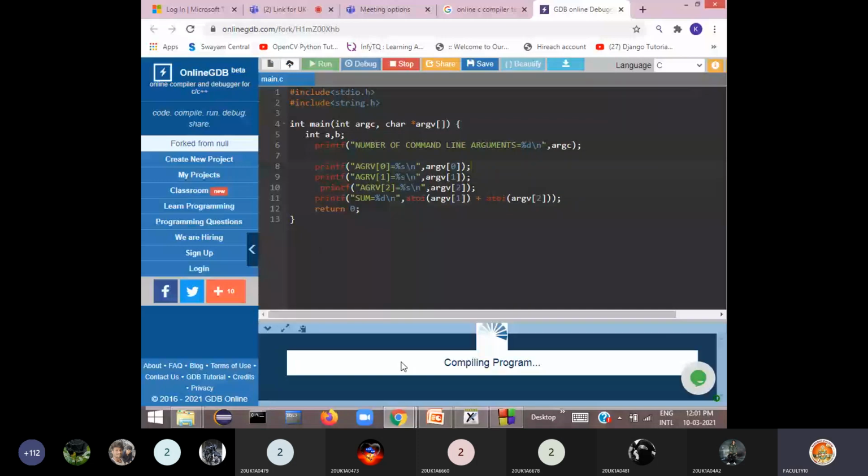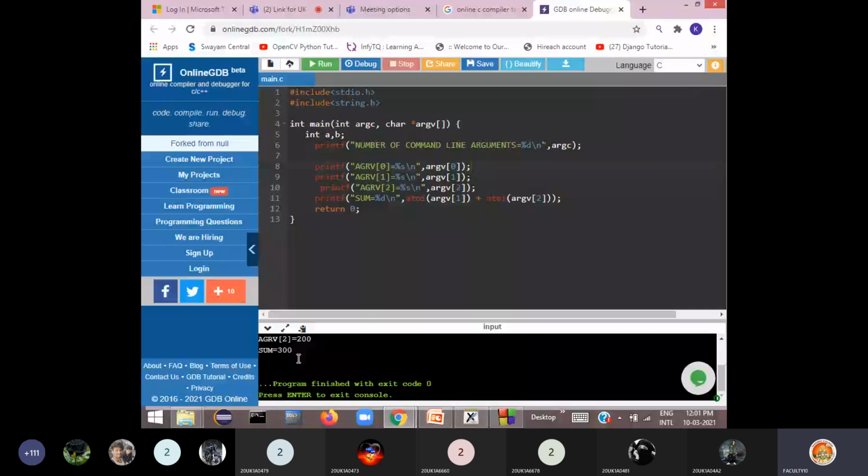Now see, sum is equal to 300. Input already I have given, so 100 plus 200, 300 sum it has printed there. That means argv of 1 string is converted to integer, argv of 2 string is converted to integer. So 100 plus 200, 300. Now it has printed 300 onto the screen. Okay, right?